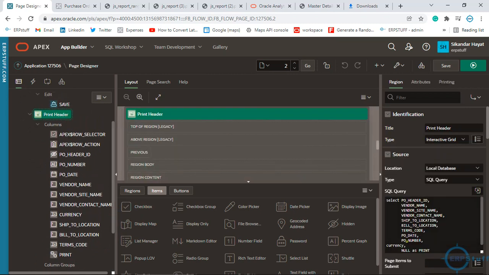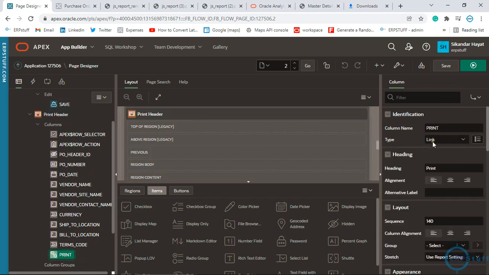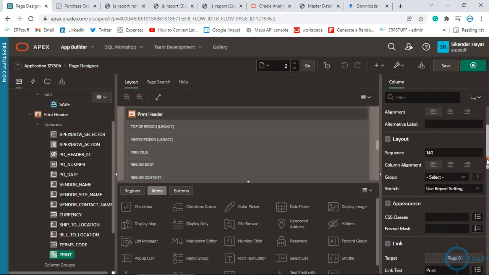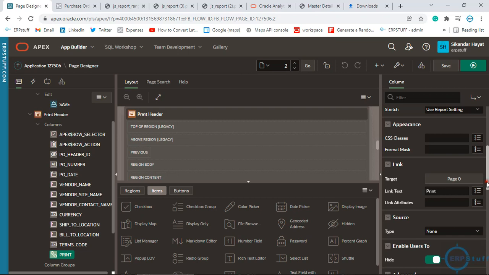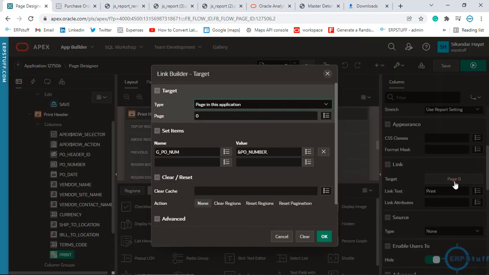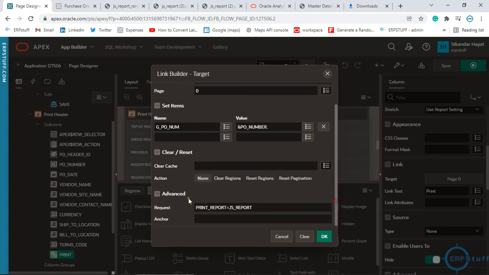If you see, null as print. Then click this and make type link, right, come down, and this is that link, and then in the request it will take this one, that report name, print report equal to JS report, right.